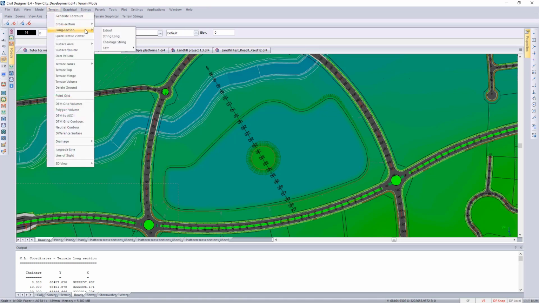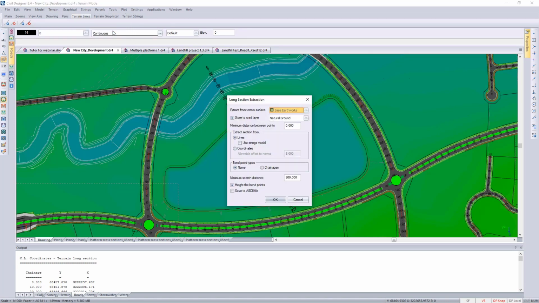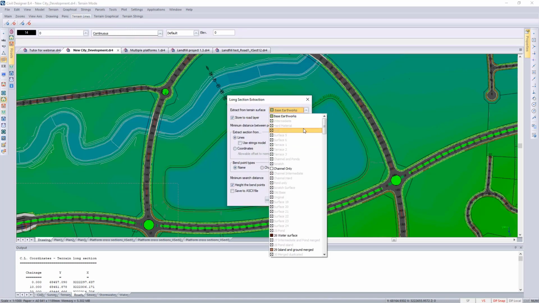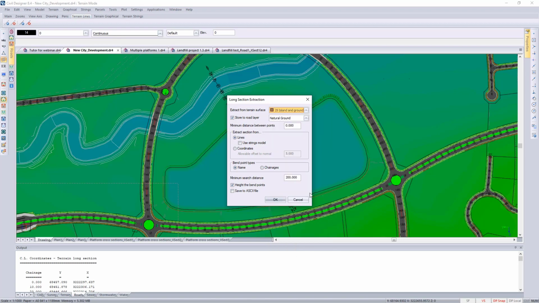Okay, so I'm going to move on to the actual terrain long section extraction. So back to the terrain module, and then it's terrain long section extract. And I'm going to extract from that island and ground merge surface. I'm storing it to that natural ground road layer. I'm just going to extract it from the break line information, and I'm using those chainages from the road file